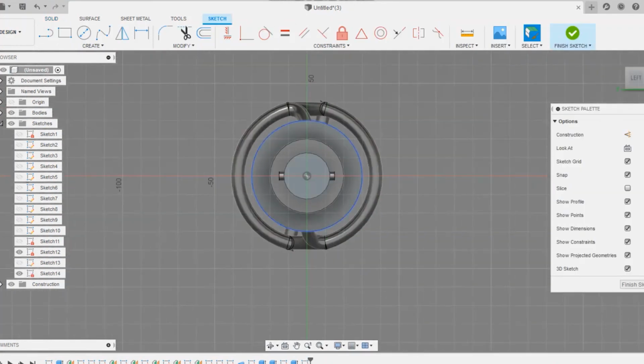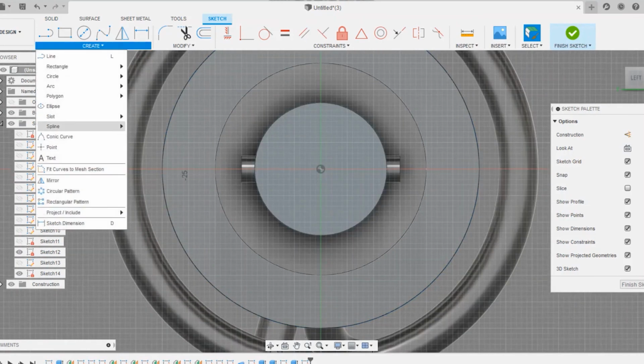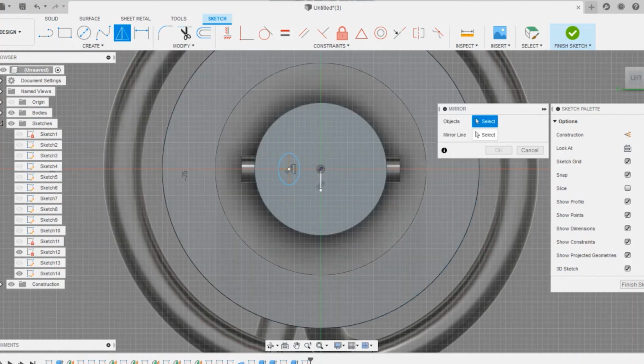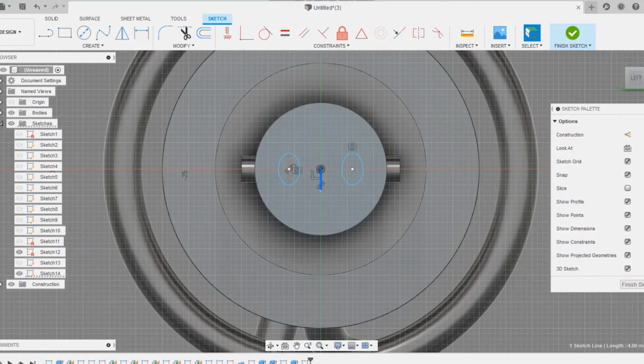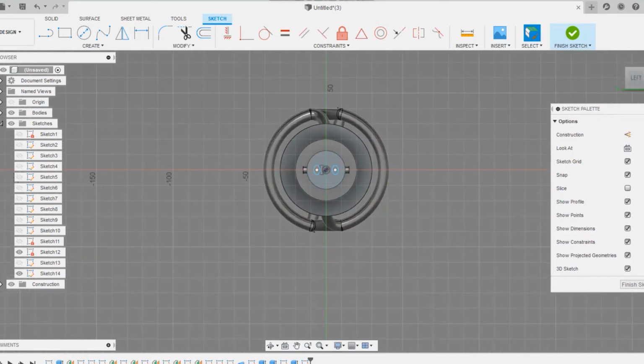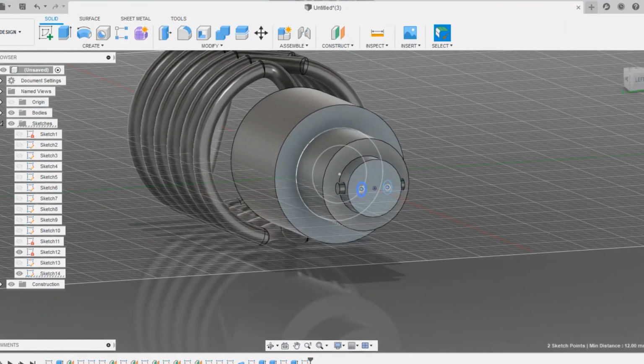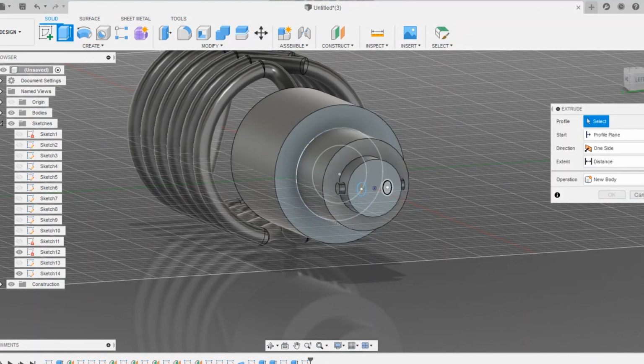I'm just giving the contactor. I'm using the ellipse command to draw the contactor. You could see we have drawn the contactor. Just draw a line for reference so that we could mirror it and use the line as a reference line. After finishing the ellipse, just drag down the reference line, click on finish sketch and extrude it. We have completed our spiral CFL bulb, not much like the older pre-drawn CFL bulbs, but it's finer.